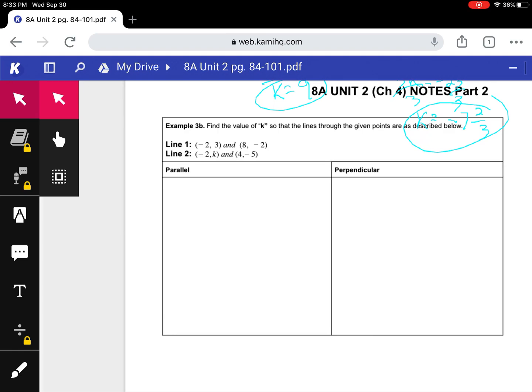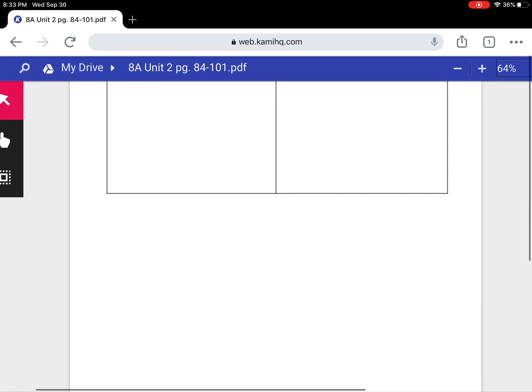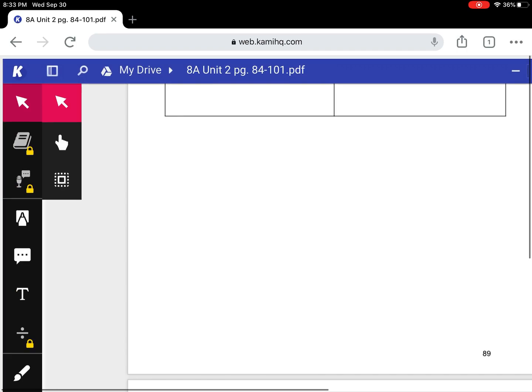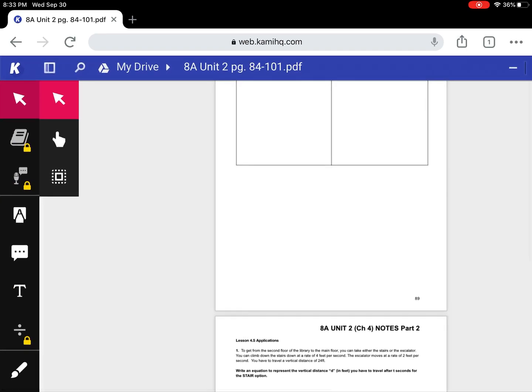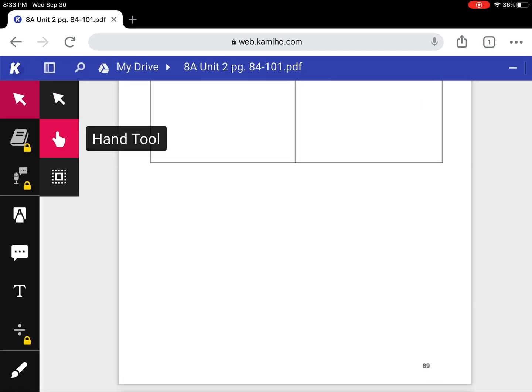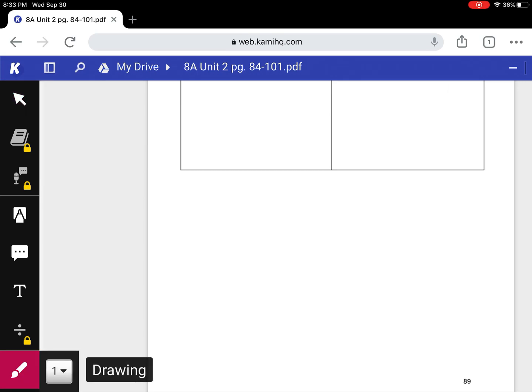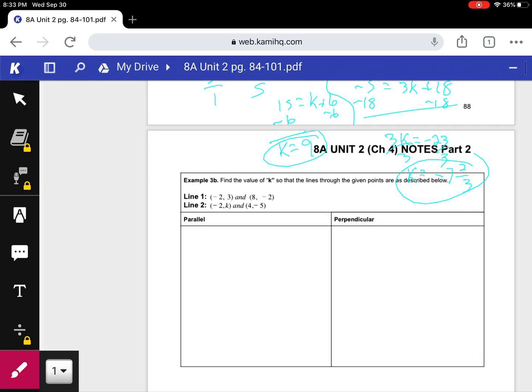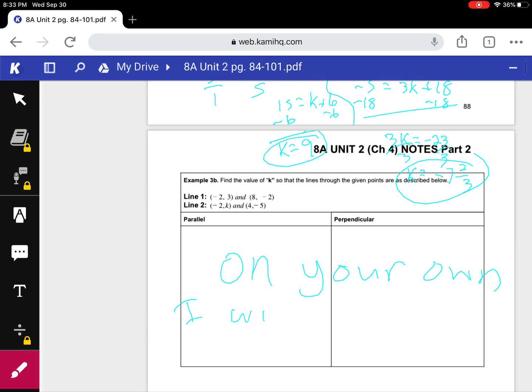And we are in the home stretch. If you look at 3B on page 89, I actually, well, it would help if I could get my tool right. I want you to do this one on your own, okay? So if you would, on your own, I will check in class, okay? And that is it. We are done. You can go ahead and do that problem and then